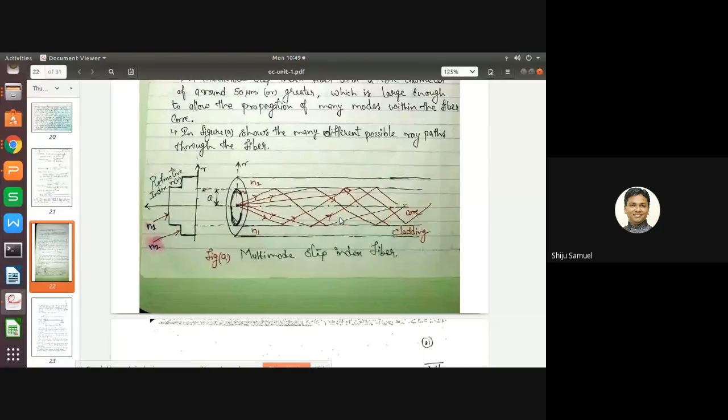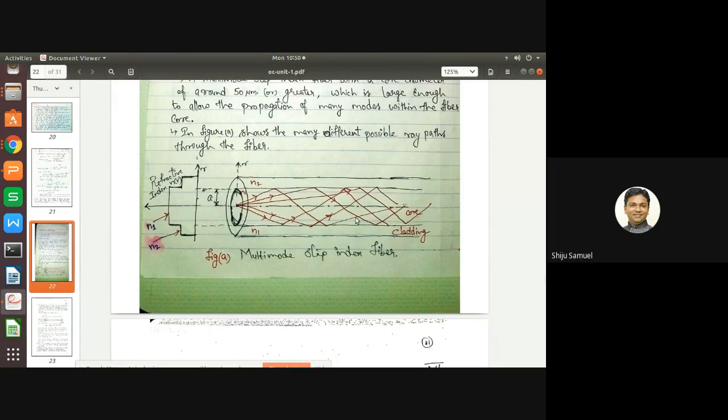Now you can observe, as already mentioned, the core diameter is increased, so multiple rays enter into the core. That is, 3 to 4 rays are mentioned here. During that time, observe that multiple rays enter into the core and are refracted, whereas in the previous diagram it will not reflect. It travels as a straight ray.